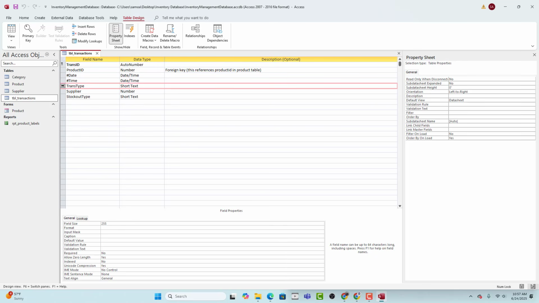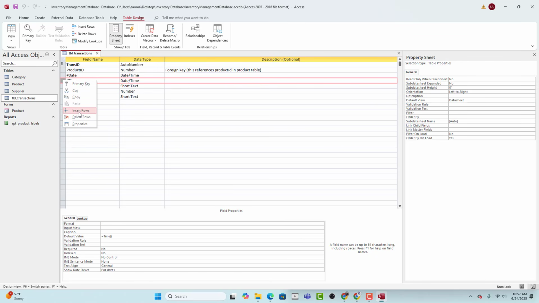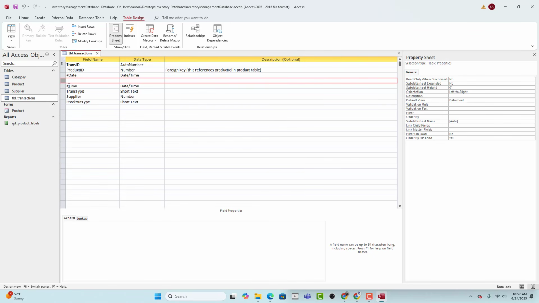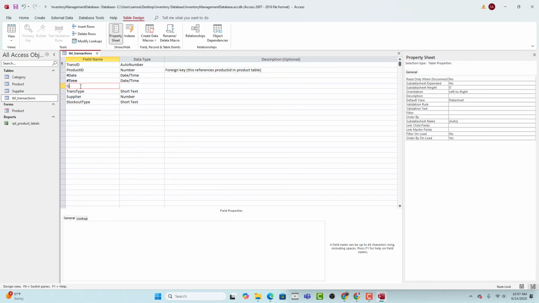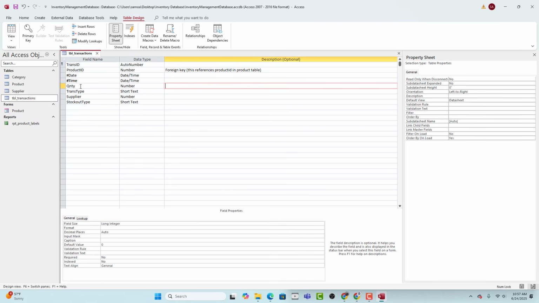Now transaction type. Right after the time, we will have to specify, right after this guy, we say quantity, and that is a number. So this quantity is a number, long integer, which is okay for us. Now here we'll have to do a couple of validations. So the validation rule is greater than or equal to 0. If this validation is breached, we say that